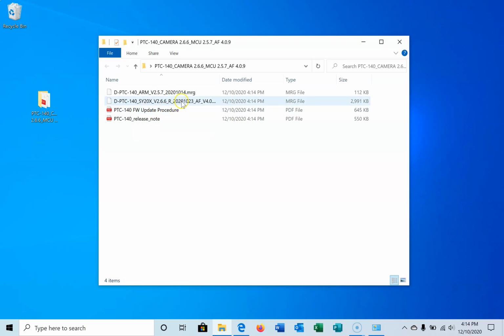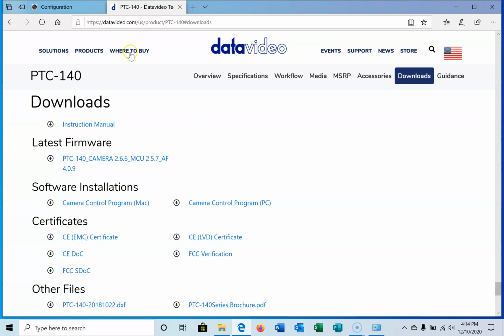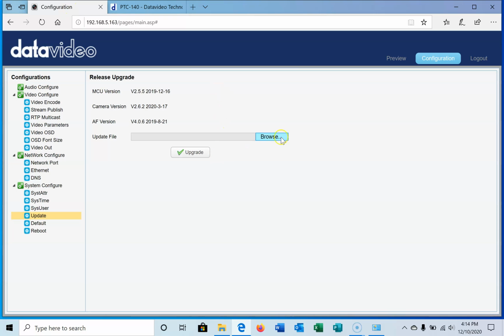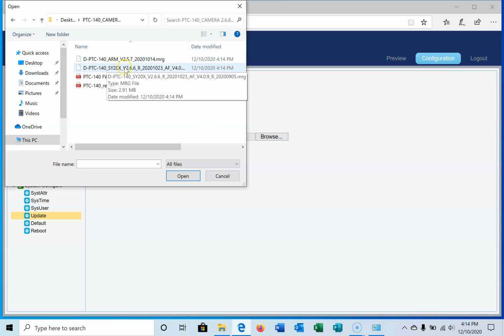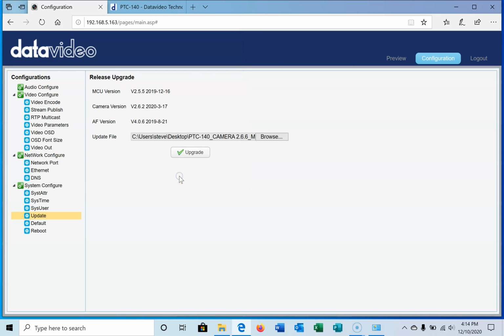So we have two files. We have one here and one here. We're going to start with this one first. There are release notes. There is an update procedure always in the zip folder when we do make downloads available. So we're going to go back to our camera, and we're going to browse for the file. It's on the desktop, and you'll see here we're going to start with this one. Just select it, click open, and you'll see that it's here. We're going to hit upgrade,